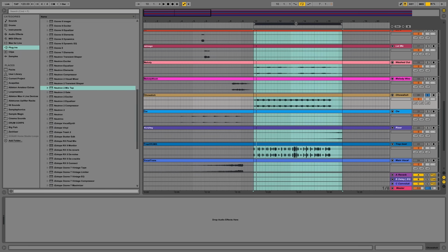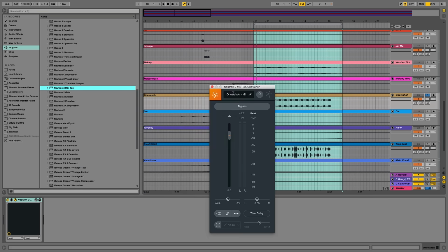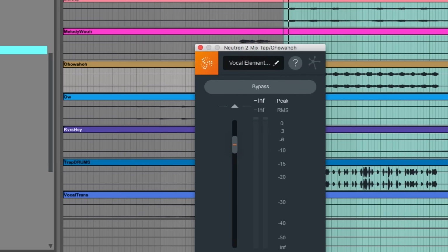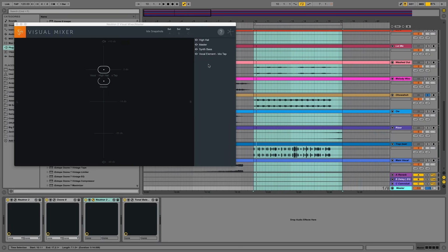For example, let's say that you want to get the benefits of mixing your track using the visual mixer, but you don't necessarily want all the power of Neutron 2 on that track. All you have to do is insert a MixTap on the channel, which I'm going to do right now. I'll go find it over here, bring it over to this channel. And I'm going to name it something that's a little bit easier for me to recognize once I get to the visual mixer. So I'll say vocal element. Press enter. And now when I go to my visual mixer on the master bus, we see it right there,